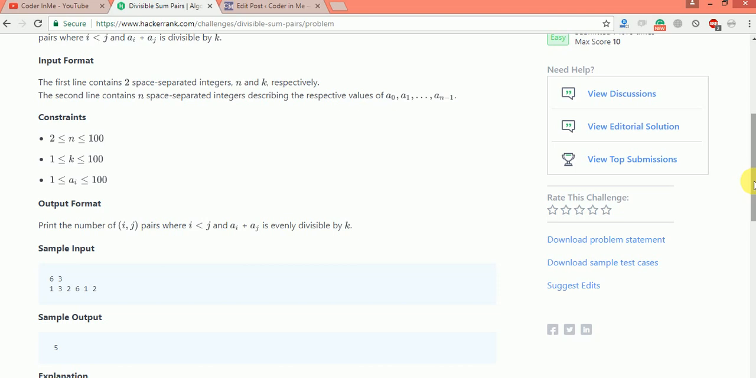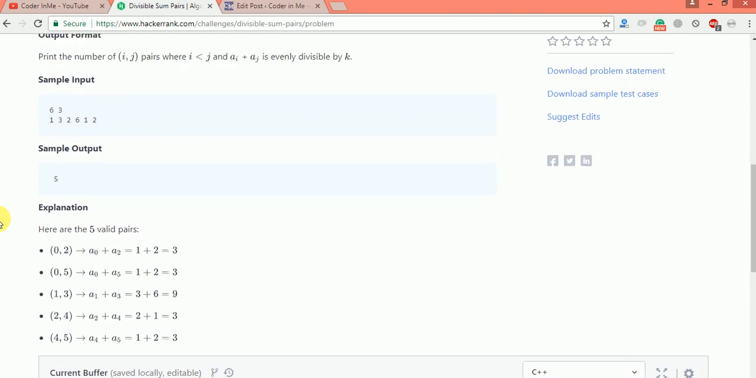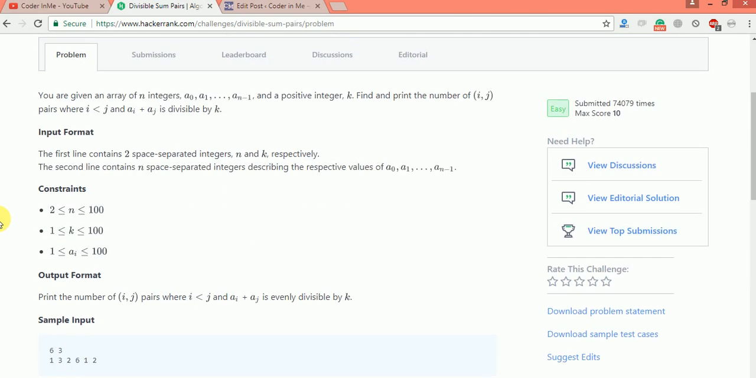So after that the pairs are 0 2, meaning the first and second elements, then 0 5, then 1 3, then 2 4, then 4 5. Okay, so in the end there are 5 pairs that are divisible by 3, our k. So how will we solve it